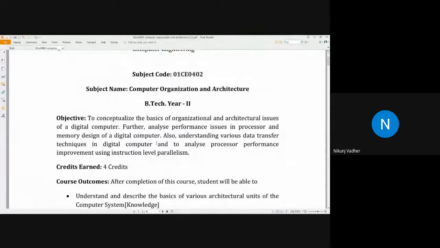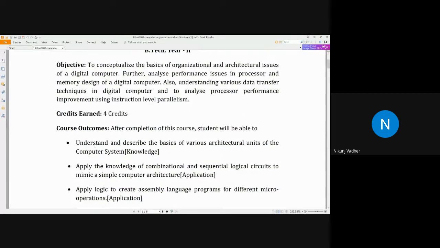So the purpose of this subject is to know the working of a computer, the internal issues, okay, how memory is managed, how data is managed, how instructions are executed, how the architecture is formed. So that is the objective of this subject.